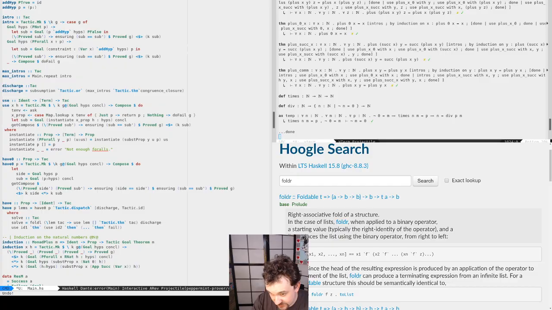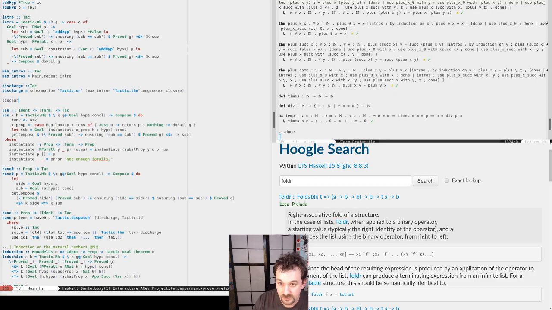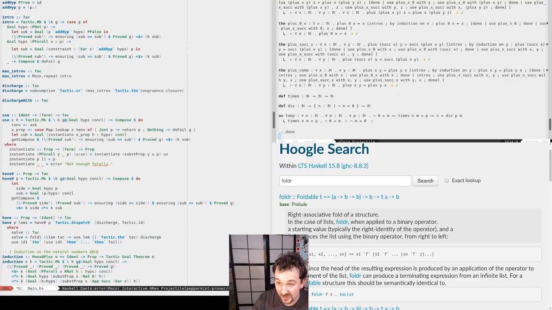Or like discharge with. That could actually be a fairly standard thing. So let's make it a discharge with function. That's fantastically interesting. I was not trying to write a T and I didn't type that by reflex.